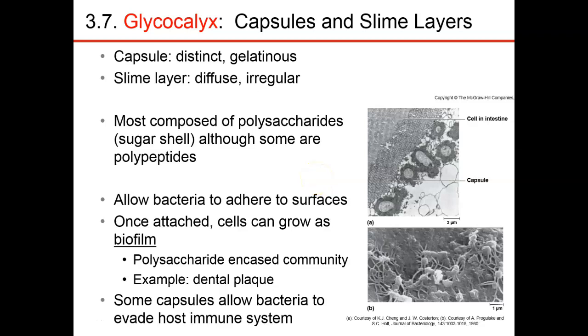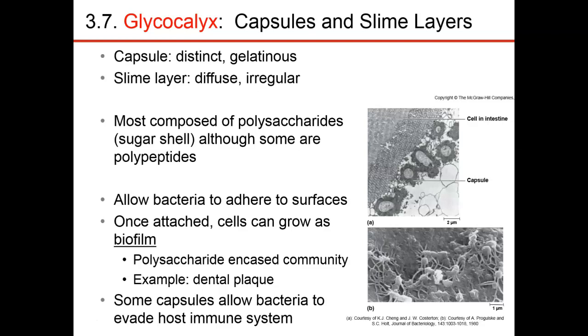We're going to get right back into this lecture, and we're going to talk about capsules and slime layers. We're then going to talk about flagella. We'll talk about fimbriae, pili, and what else? Some other internal structures like ribosomes. And we'll stop once we get to the eukaryotic cells,